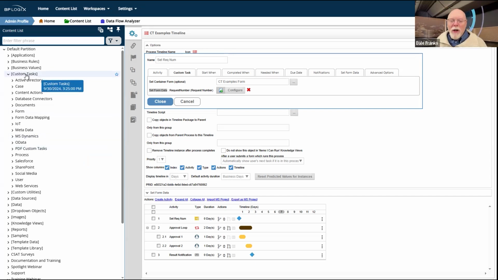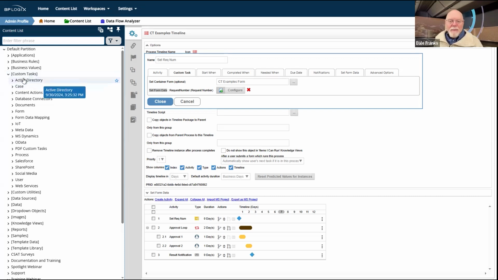Oh, and by the way, when you import the custom task, wherever you import it, it is going to have the name with the square brackets around the text of the name. That's just built into the import. So obviously the best practice: throw this into the root of each of the partitions where you're going to use custom tasks, which is essentially going to be all of them, and just do the import into the root of your partition and everything will work fine. It'll be the same on all systems. It's easy to remember, and all of your imports will work properly.